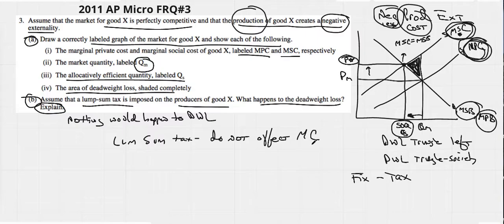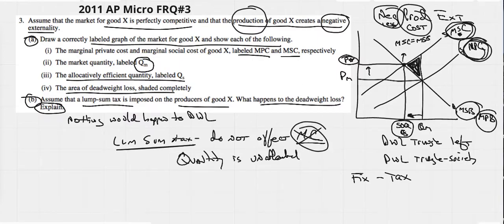marginal costs. If marginal costs are not affected, your quantity is unaffected, right? A quantity would not change because your marginal cost curve does not shift. We should know that from doing perfect competition and monopoly stuff. So lump sum taxes do not affect marginal cost, therefore quantity would not